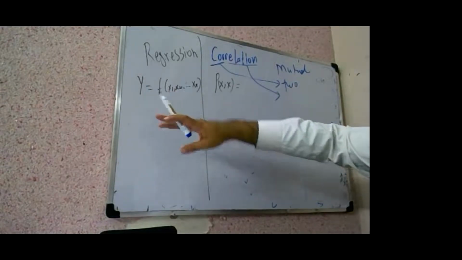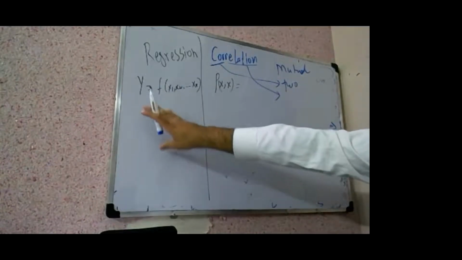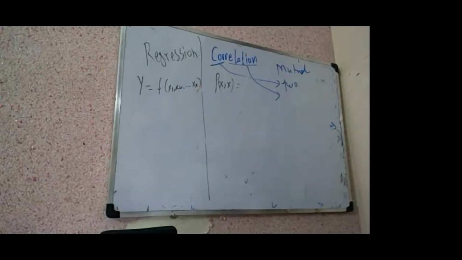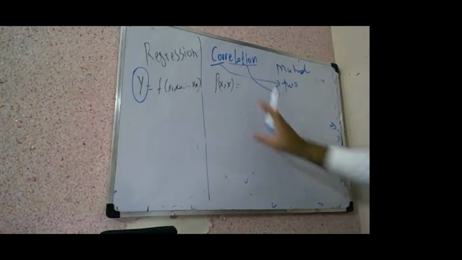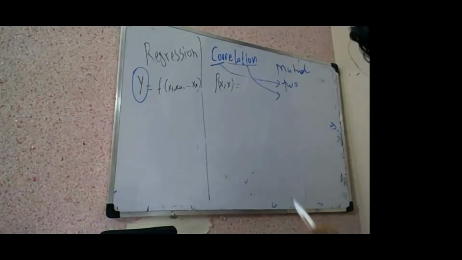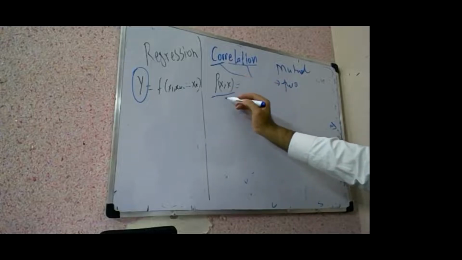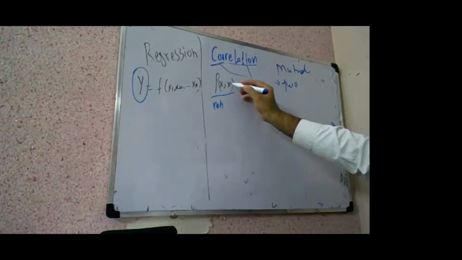than one variable. It can also be one variable, one-to-one regression, and more than one variable like x2, x3 at the same time, xk. So one variable can be explained by more than one. But in correlation, we are specified to only one-to-one relation. So that's why it is defined as a coefficient of correlation, which is also known as rho of x and y,